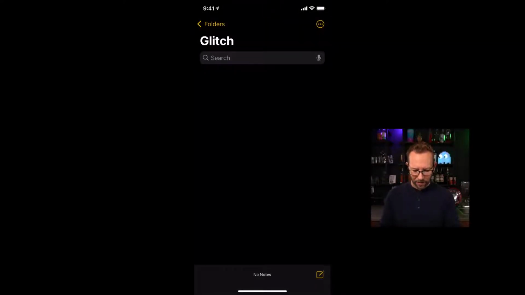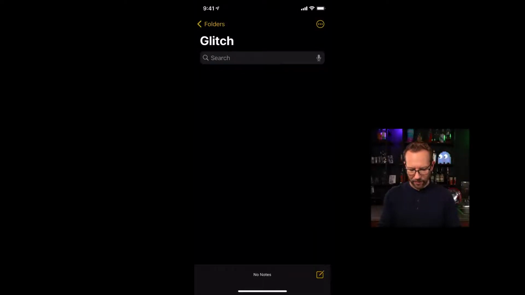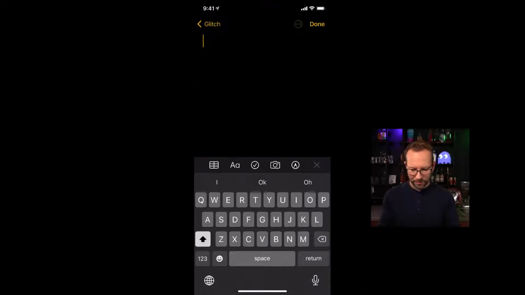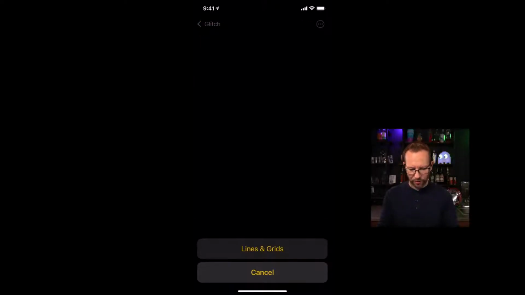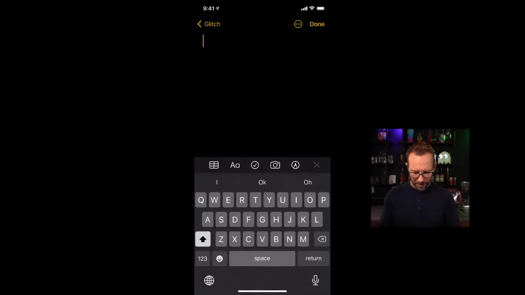But on top of it, let's make a new note. On top of that, I can click any new note. After we actually make it, we can do things in there and share just the note itself. We can do lines and grids. Lines and grids are kind of fun because you can put lines on the paper or different grid patterns as if you're going to do storyboards. But after that, while I can still type and do all sorts of stuff and say, hey, this is a note,